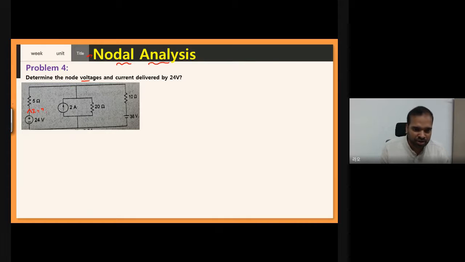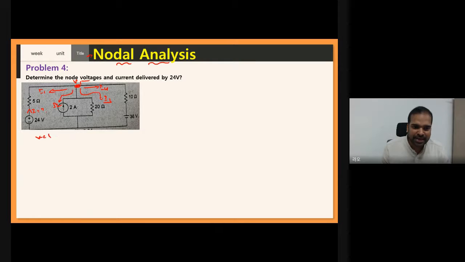So see here, this 5 ohm resistor, the 2 ampere source, the 20 ohm and the 10 ohm are all connected at a common place. This is V1. Now can I apply KCL at node V1? Of course you can, but before applying KCL, I need to consider that current is leaving from that node to each branch. Here current I1 is leaving from V1 towards 5 ohm, current I2 is leaving, current I3 is leaving from the node towards the 20 ohm, and current I4 is also leaving from node V1 towards 10 ohm.